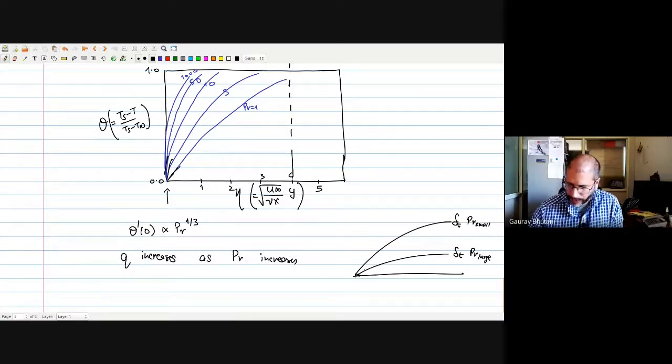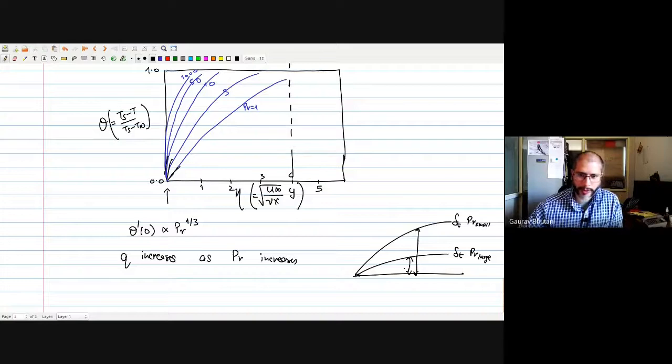So what we see here is that for this large Prandtl number value, the thermal boundary layer is very thin. So that means the temperature has to go from Ts to T infinity in a smaller vertical distance. Whereas for the same value of x, for the small Prandtl number, my temperature has to go from Ts to T infinity in a larger distance. So that means the gradients, or the slopes, in the large Prandtl number case are going to be much larger than the slopes for smaller Prandtl numbers. That matches our intuition here, that with increasing Prandtl number values, our rate of heat transfer Q is increasing.